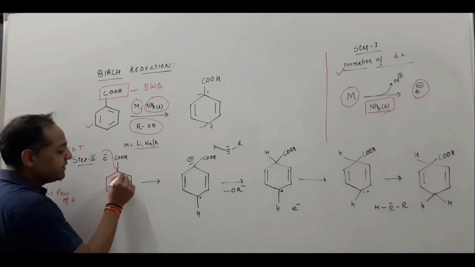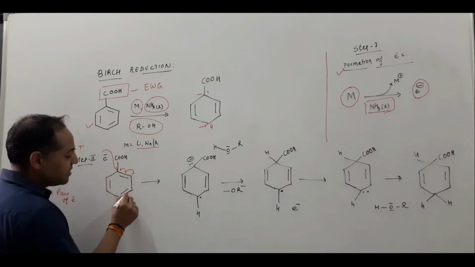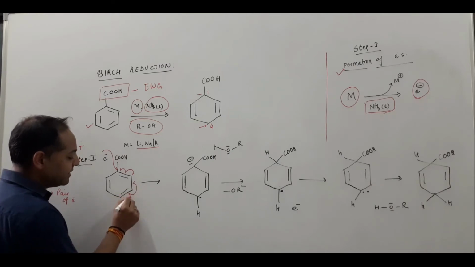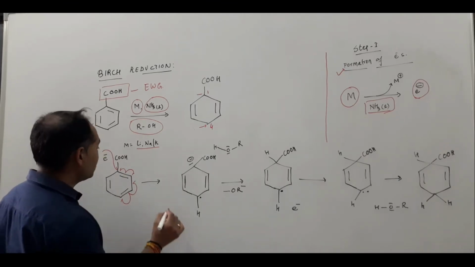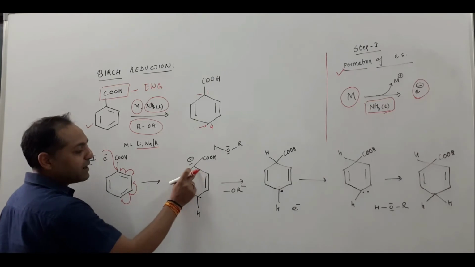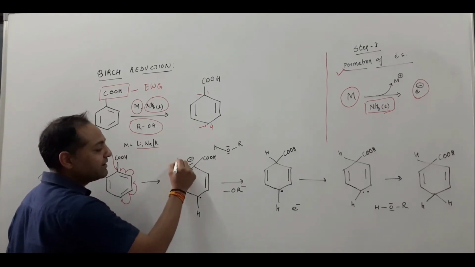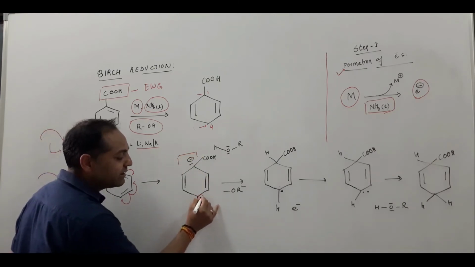So one electron from the metal is shifted here. The pi bond is broken down. One electron is shifted here, one electron comes here. Again, this bond is also broken down. One electron is shifted here and another electron comes at the fourth position. Now look here, one electron is coming from this pi bond and one electron is transferred by the metal. So here there is a pair of electrons, and here there is only a single electron.